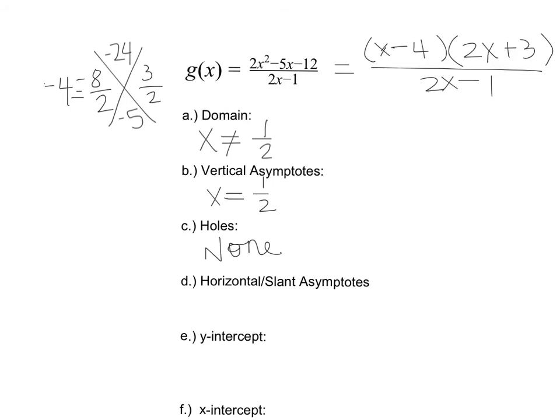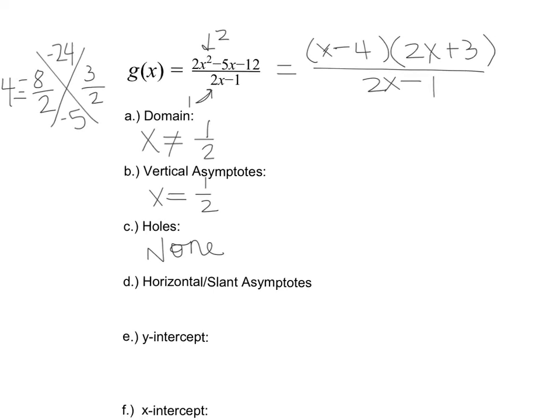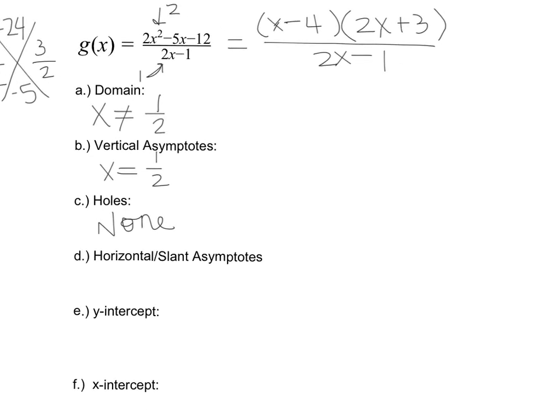So if we look at the degrees, the degree of our numerator is 2 and the degree of our denominator is 1. So this is a case where the degree of the numerator is greater than the denominator, which means we are going to have a slant or oblique asymptote, which means we're going to have to use long division to find our asymptote. So 2x minus 1 on the outside,